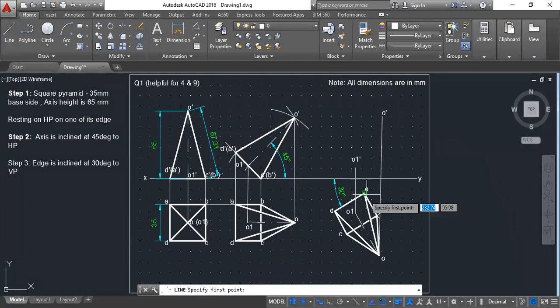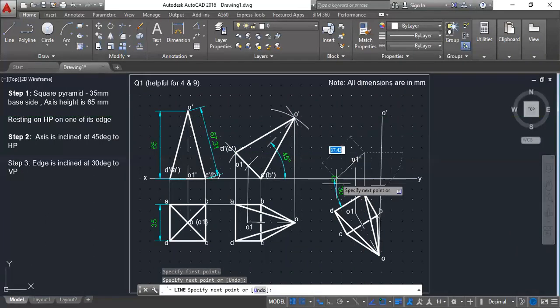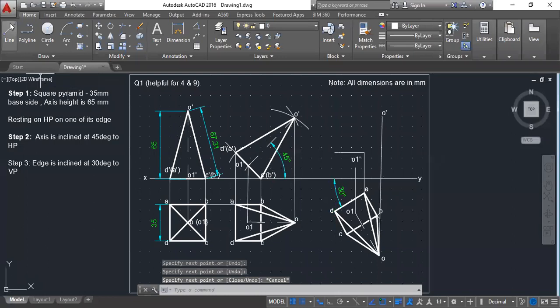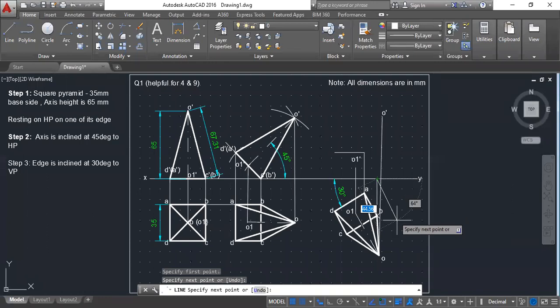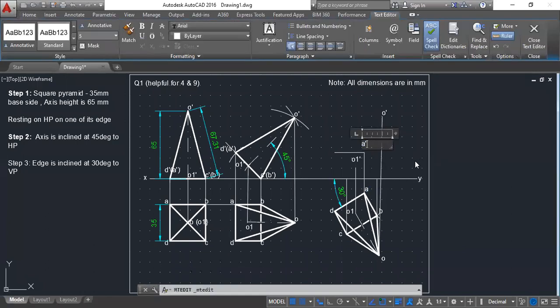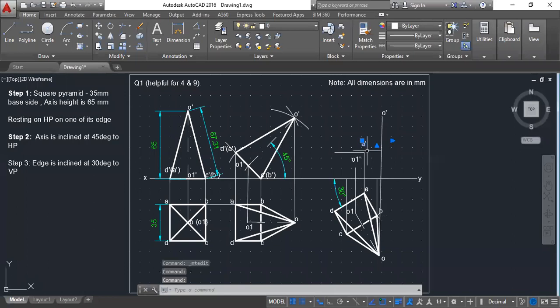In the same way, find out what A is. So A will be from there, and the next line will be D here. So that is D. Next, B is on the reference line, so simply join it to the reference line. C is also on the reference line, simply join it to the reference line. Identifying the names is very important. If you made a mistake in this, whatever you draw, you'll get absurd shapes. So this is your A. Whenever you are giving names, just check it once again.